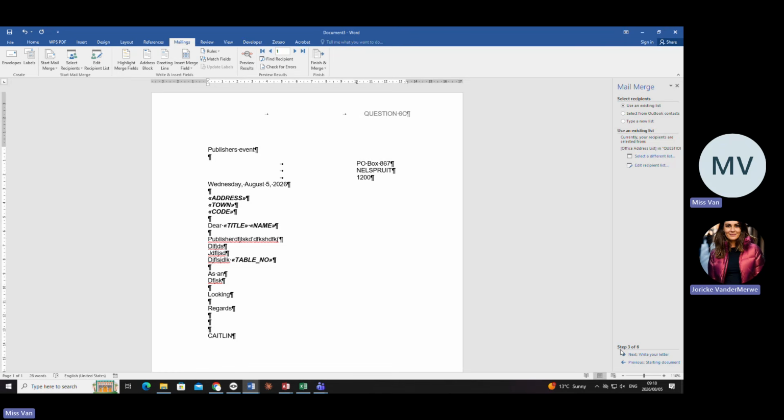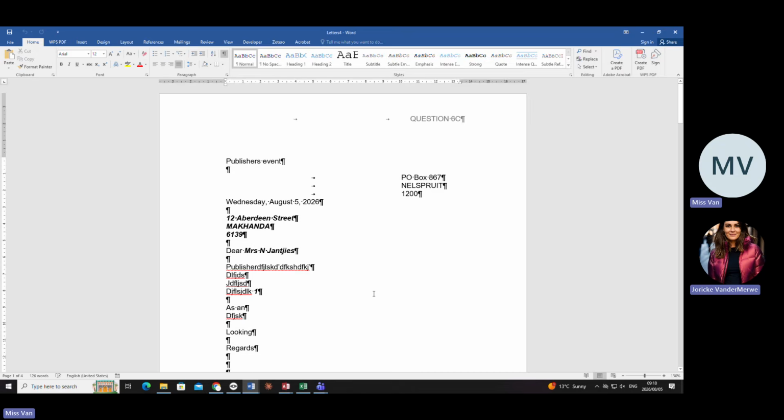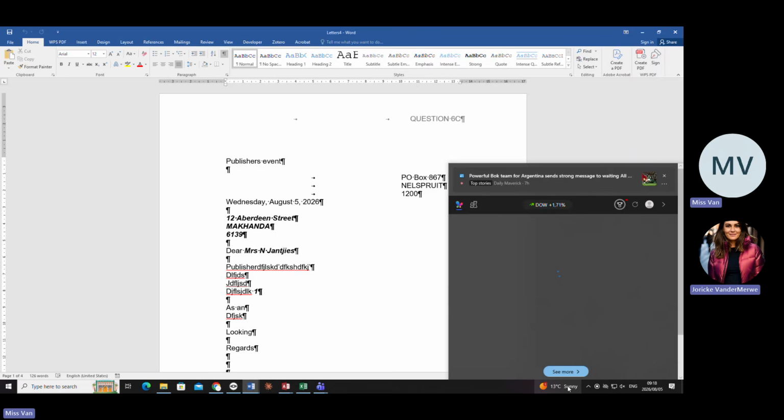Okay, so let's quickly revise. Question 6a is a printout of your data table in Access. That you need to do by checking on Print Preview. Question B is this one. And then question C is all the way to 6 and editing your documents. Okay, I'm going to stop here.